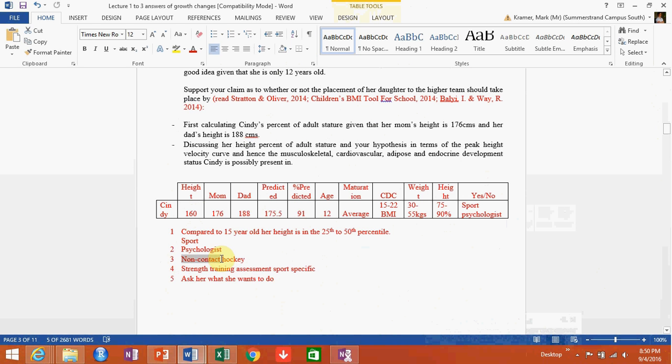Okay, although I said hockey is a non-contact sport, there can be quite a lot of contact in that sport, so we would have to see what her weight is at present and how that compares to the average under 15-year-old as well. And then obviously it is important to have a team-based approach to making this choice, and you would get a